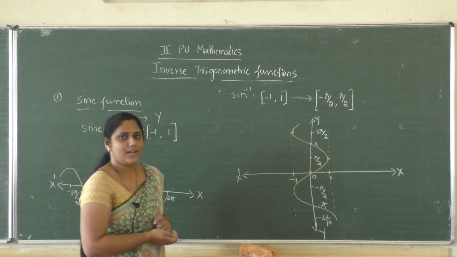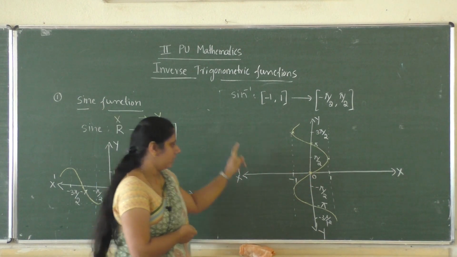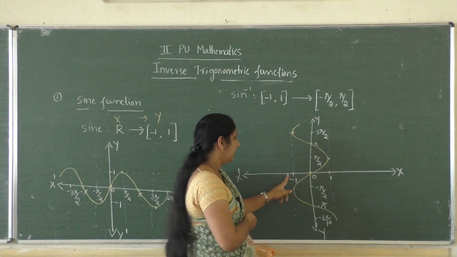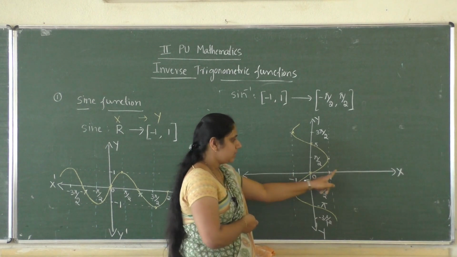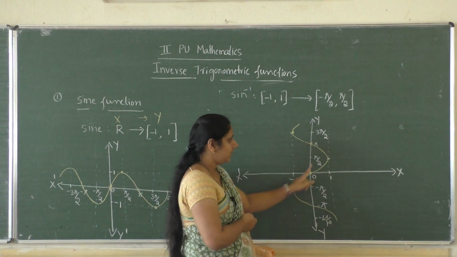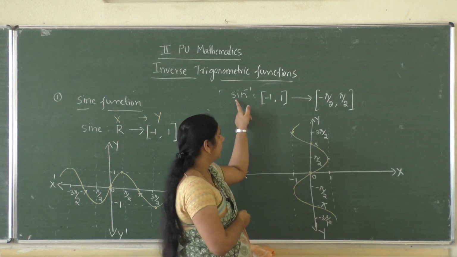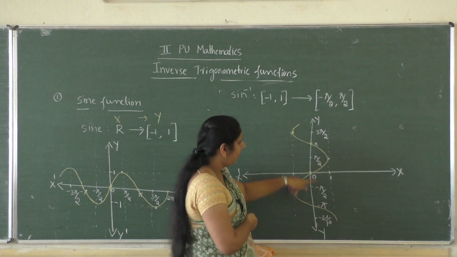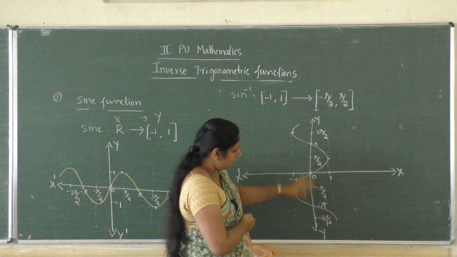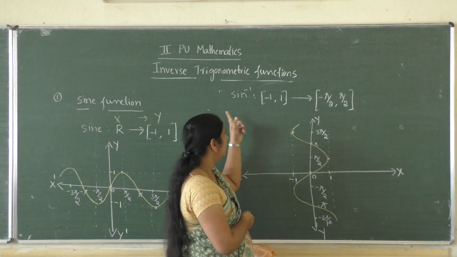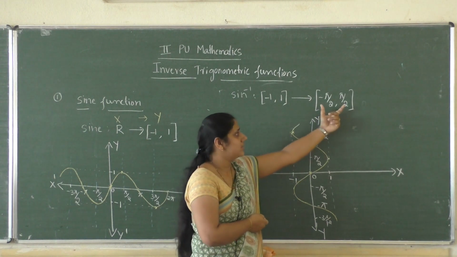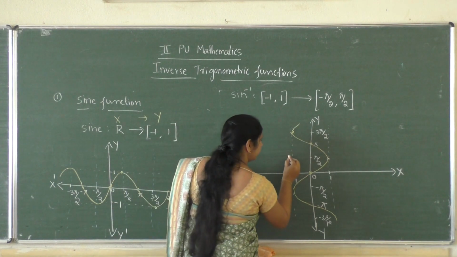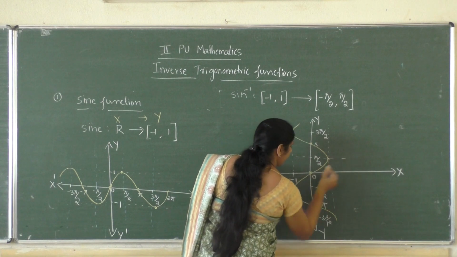So this is the graph of sine inverse function. If we see along the x-axis, the graph lies between only minus 1 to 1, including minus 1 and plus 1. So the domain of the graph is closed interval minus 1 to 1. Along the y-axis the graph is there throughout, but in order to get the sine inverse function, we have to restrict the range to minus pi by 2 to plus pi by 2, that is here.